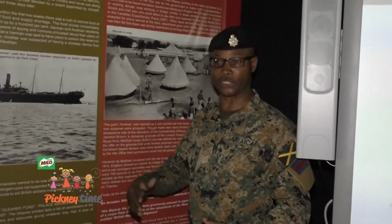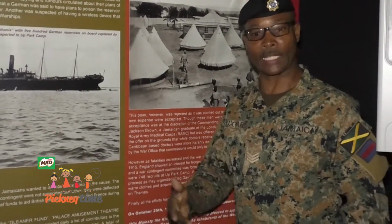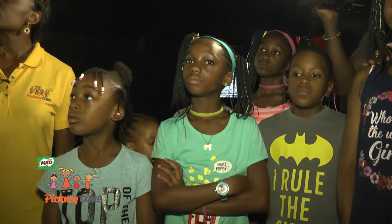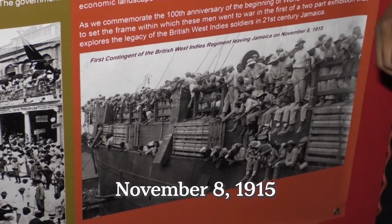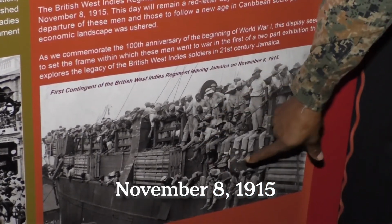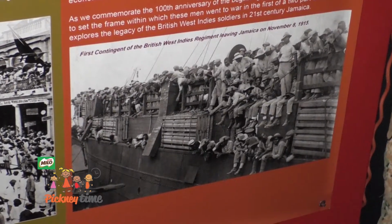Caribbean nationals got involved in the war. So they were a part of the British Commonwealth, and so they wanted to show their patriotism to the crown, to Britain, to England, to say that, hey, we are willing to help. What can we do? And eventually, they started recruiting in Upper Camp. And this is a scene here. And so on the 8th of November, 1915, the first contingent of Caribbean nationals, members of the newly formed British West Indies Regiment, boarded this ship, downtown Kingston Harbor,